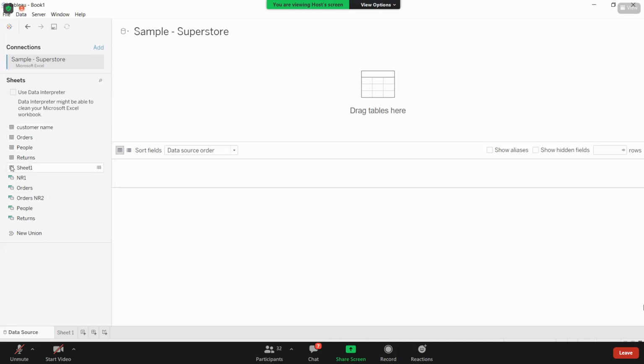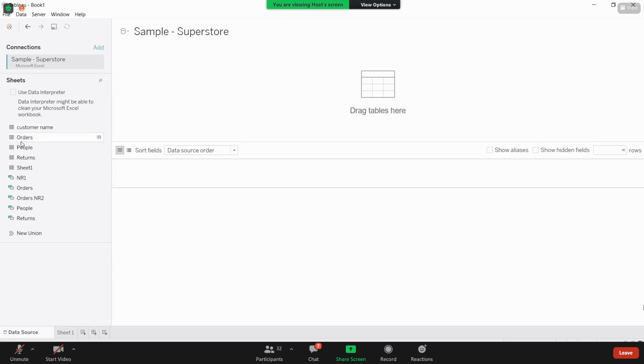From all these sheets, guys, till this point only, the difference between connecting to a server and connecting to a flat file will be there. Once you are here, once you get your data, the process is the same. You will get the list of your tables like this when you are connected to your server. We will see that also, but as of now, I'm not showing. From that list, choose your table on which you want to build your visualizations.